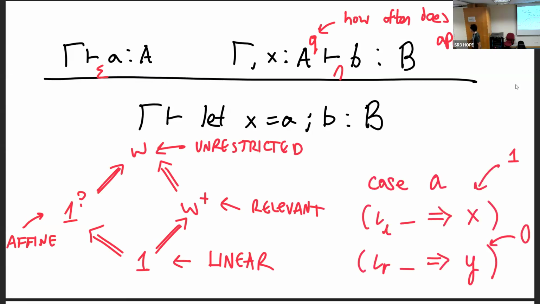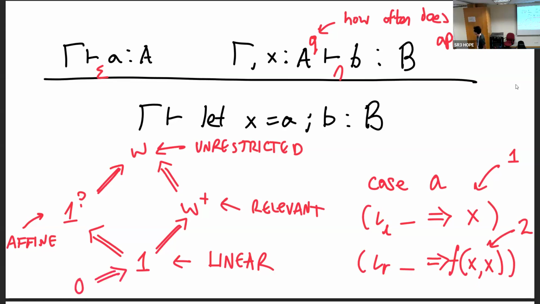In branch 1, X is used once, but in branch 2, X is used 0 times. So therefore, X in the case statement as a whole is used affinely, since it's used either 0 or 1 times. Likewise, over here, X is used 1 time there, but 2 times there. So it's used relevantly because it's used 1 or 2 times, but it's never used 0 times. And finally, we're going to add one more thing to make things a semilattice, which is where X is used 0 times, we give a distinguished value.